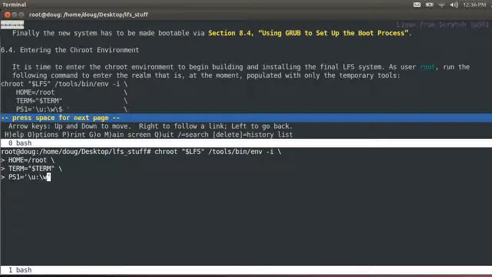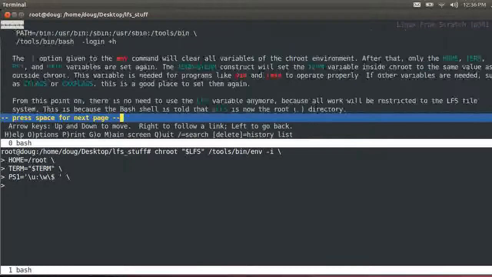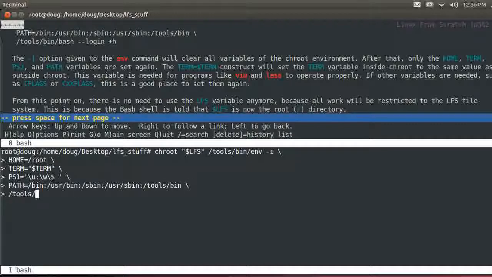escape W, escape $, space, then a new line. PATH equals /usr/bin:/usr/sbin, and so on, then /bin/bash